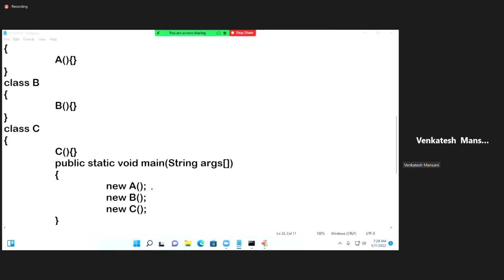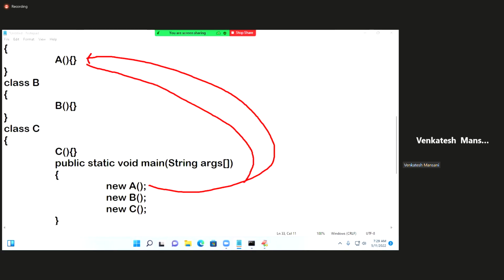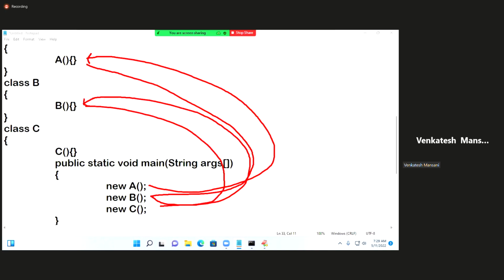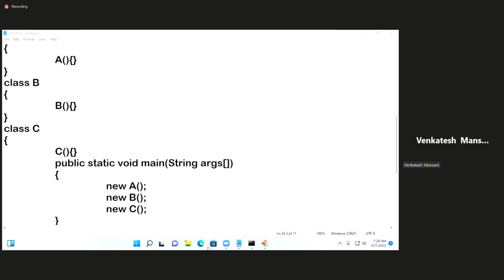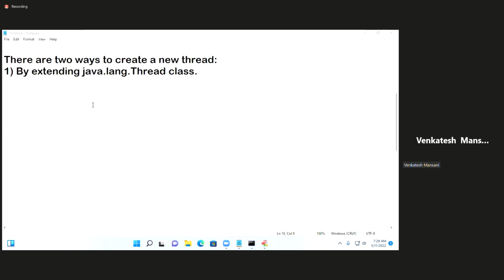Main method called new A. From here, control comes here. This code executed. After that, it will come back. New B. From here, control comes here. Again, it will come back. New C. From here, control comes here. After this, it will come back. Next, whatever you write here, that is executed. This is single thread. Suppose if you write here,